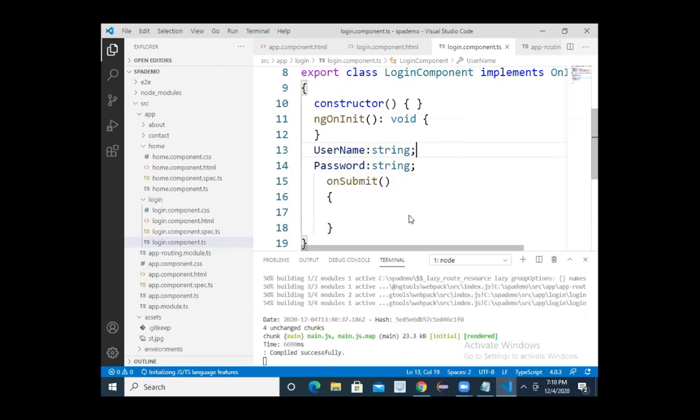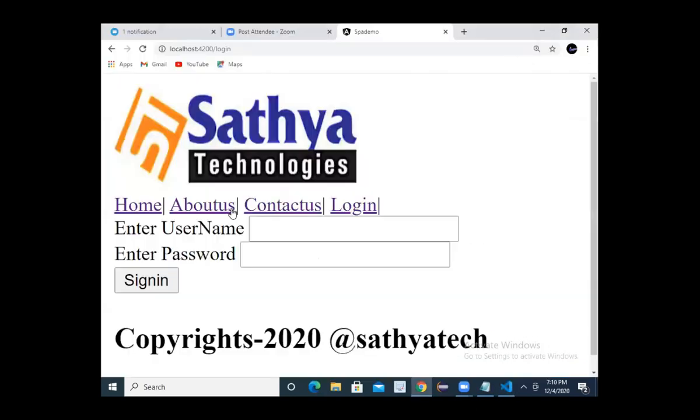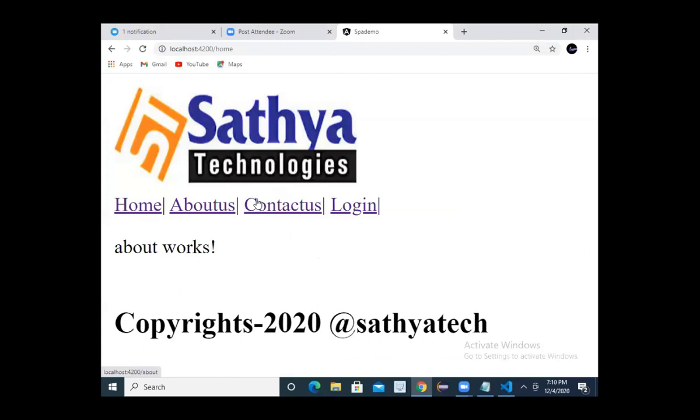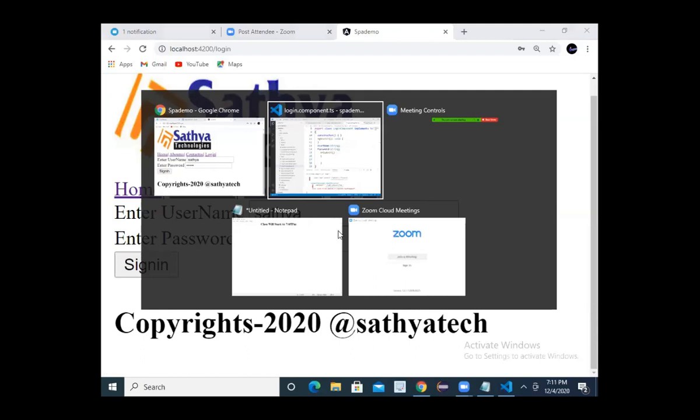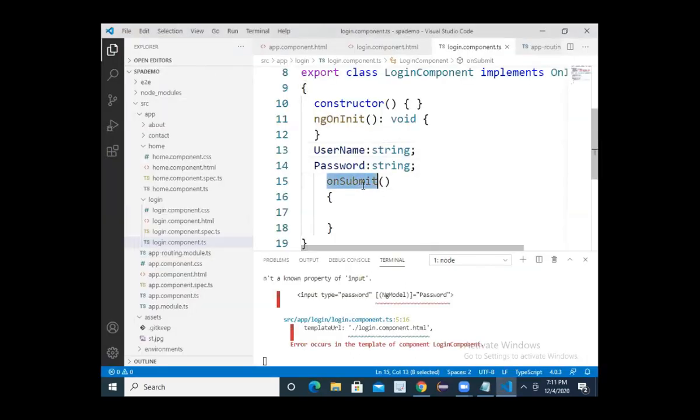So this is your website: home page, about us page, contact us page, login page. Now if the username is Satya and password is Satya, I want to display valid user, otherwise invalid user. So I write one method onSubmit.